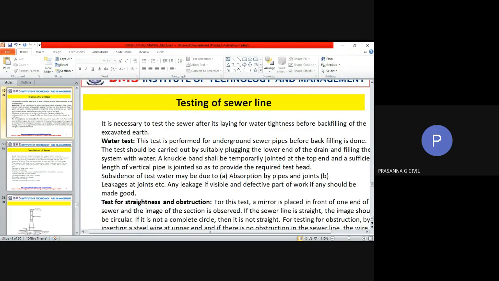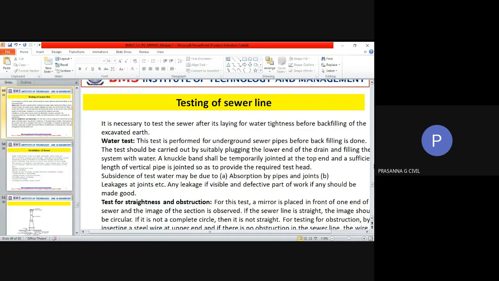So we have put the pipe, and if you are trying to put the material back, once the material is put back, you will not be able to notice any type of leak or anything that is happening. So before putting it back, the pipeline will be tested. There are different types of testing that can be done. It can be tested by putting water,